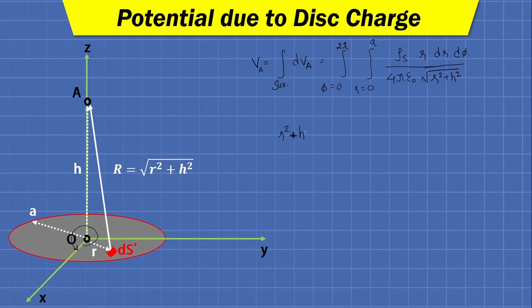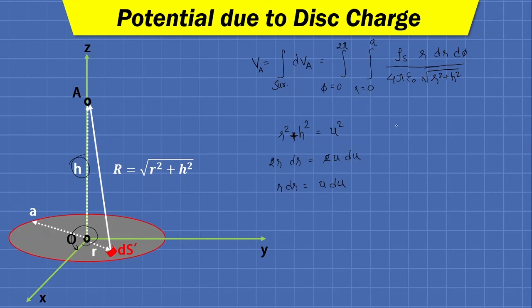So I am considering r square plus h square equals u square. Fine, this is just an assumption. Now taking the derivative on both sides, we will have 2r dr. Here h, or this distance, is constant, so the derivative of h square will be 0, equals 2u into du. So we can say r dr is nothing but u into du. Okay, so 2 will get cancelled out.